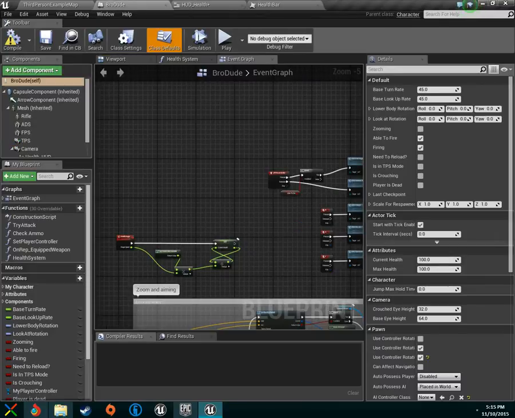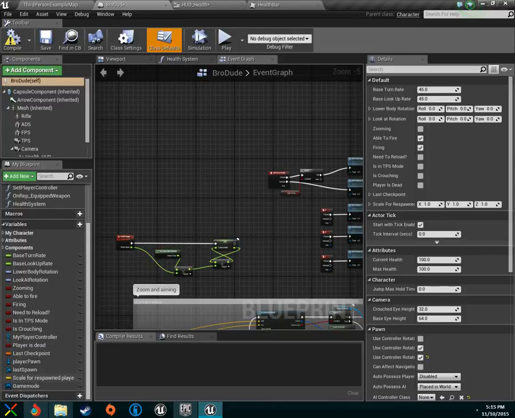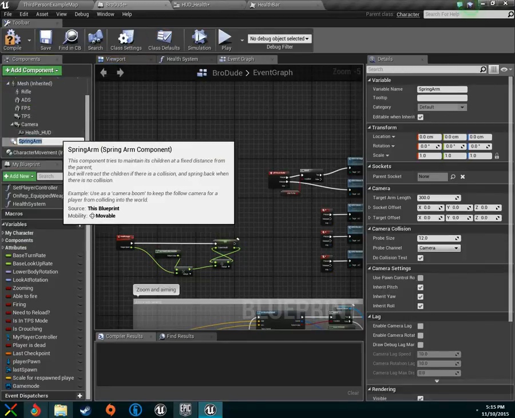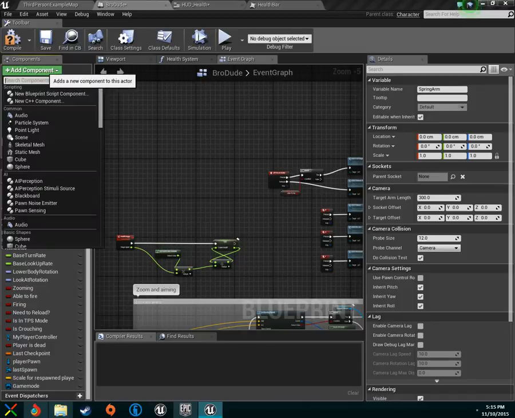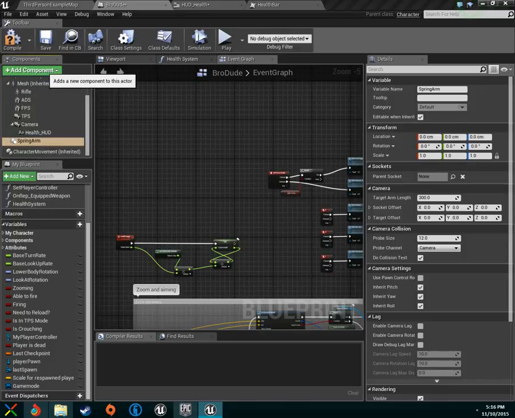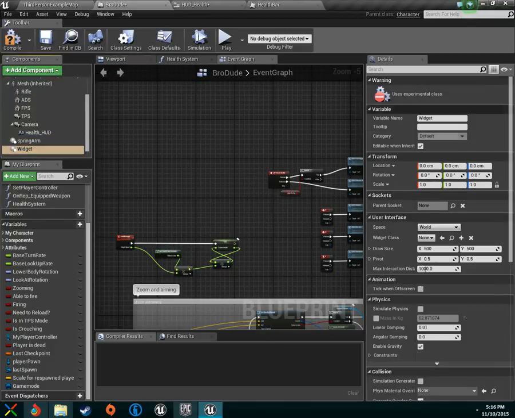So let's go to our character. Let me go back on the web page here. I think at first we're going to need to create a variable that is our, oh man, that's our health HUD, but I'm not sure. So yeah, we are. So we're going to need to create a spring arm, right? And then a widget, right? And then